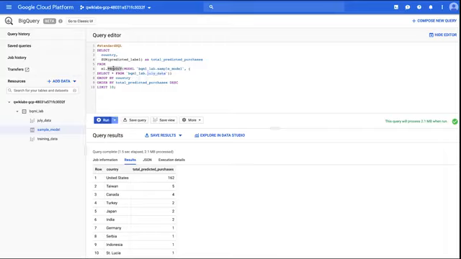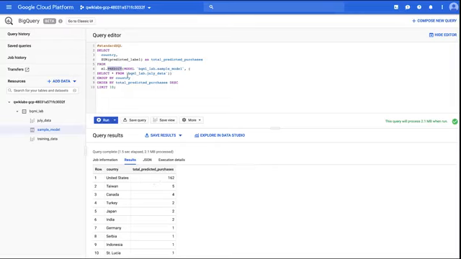This is different from the previous call we made. Before, we used ML.EVALUATE to evaluate the model. Now we're using ML.PREDICT to make predictions for each user visit. And this is the result of the query. It shows you the top 10 countries predicted to purchase from our store.